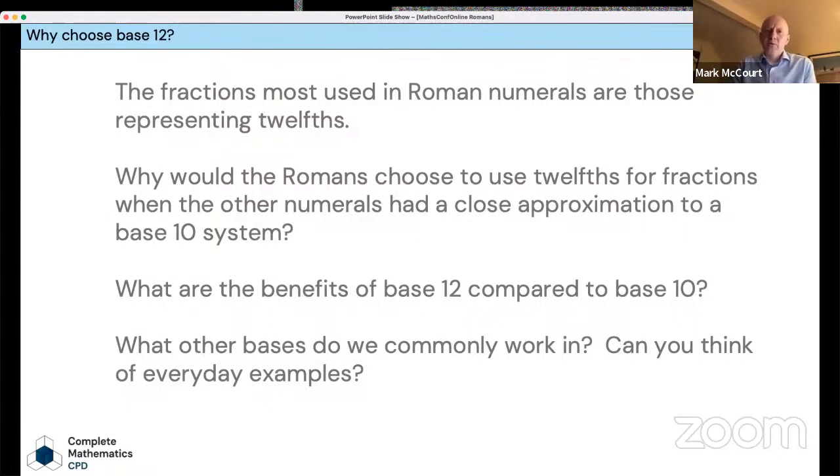So we're using twelfths because twelves are very much easier to work with in division. So they were using base 10, then moving into base 12, and we can talk to them about how it's much easier to divide quantities in twelfths and work with twelfths. If you find 1/3 of 10, it's 3.333 forever and ever, and already things are starting to get a bit sticky, but 1/3 of 12, there we go, we have a nice answer. And then we could ask pupils, what other bases might you work in? Can you think of some examples? So I'll just pause for a moment and we'll do that question.